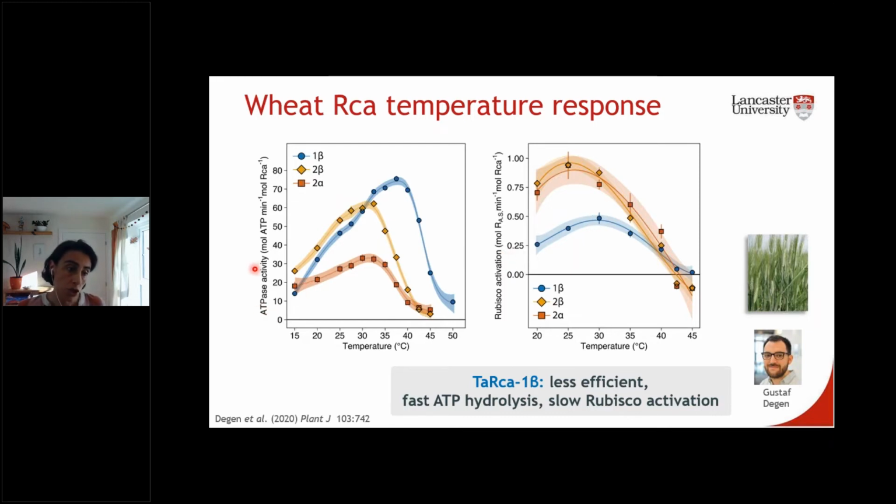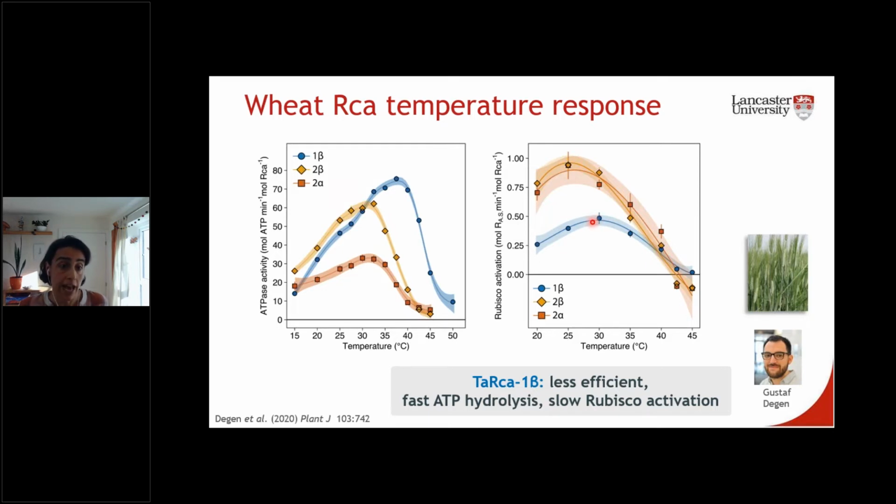So he measured the two activities separately at different temperatures for the three isoforms. And there's a number of things to be seen here. One of them is that one of the isoforms is slower at hydrolyzing ATP, but has fast rates of Rubisco reactivation, whereas the 1 beta isoform, for example, has high rates of ATP hydrolysis, but relatively slower rates of